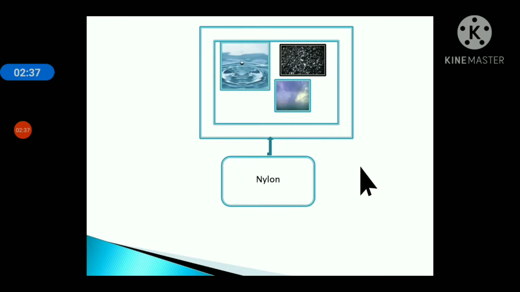Actually, petrochemicals we learned in the earlier classes. All these artificial fibers are prepared from petrochemicals. So from petroleum. Petroleum is also extracted from the earth's crust. So it is prepared from these items only: coal and water and air. So nylon is also, you can say, an artificial fiber. Okay children.